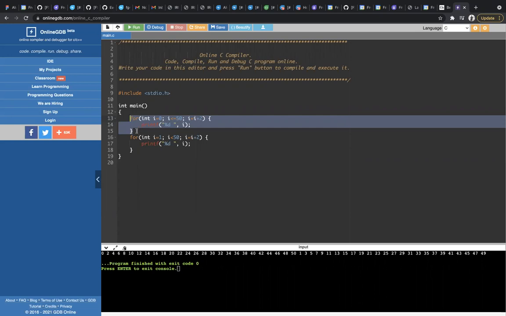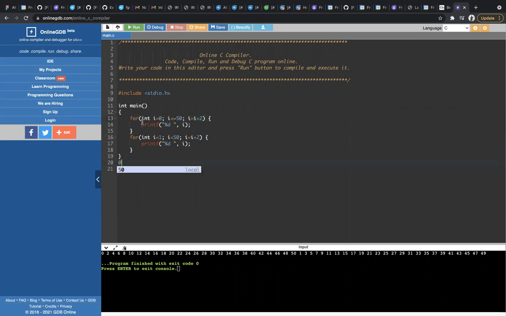The first loop, what is the first output? 0, right? The first output, the i will be 0, so the output will be 0. Next time, what is the i value? 2. Okay. Next time, 4. Next time, 6, 8, 10.